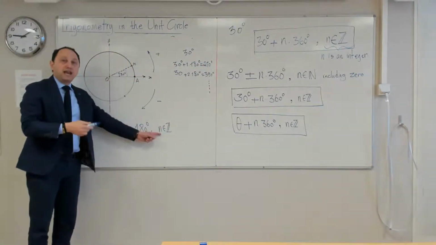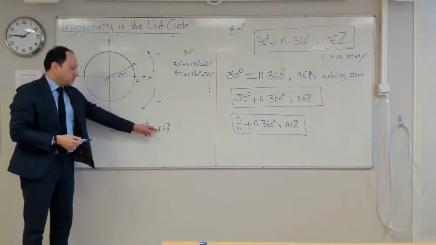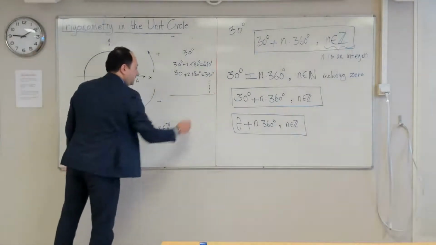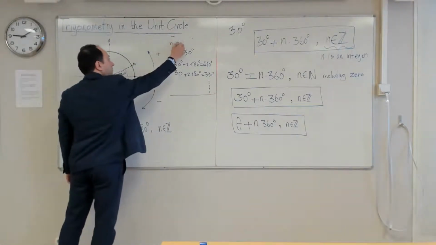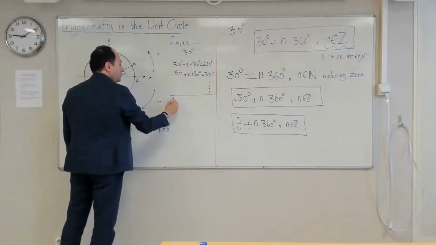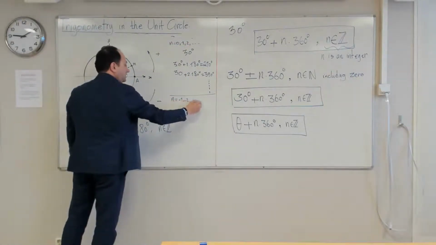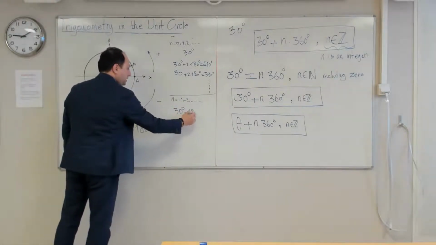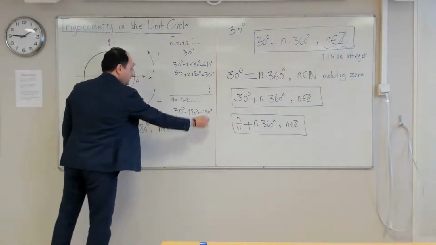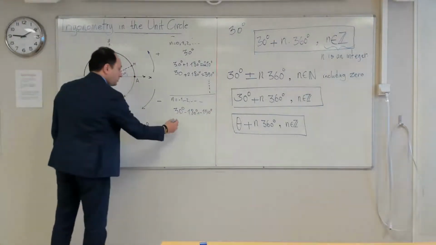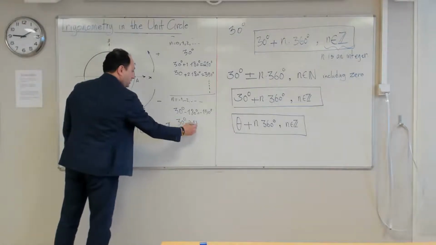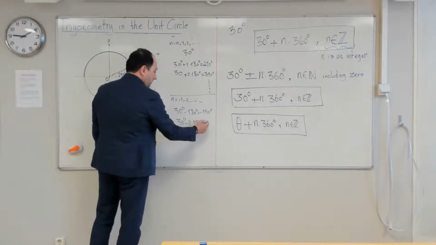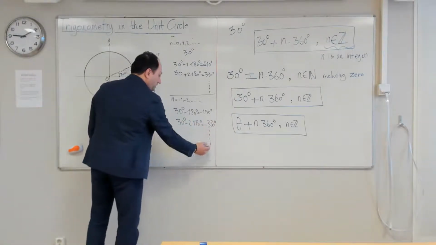but you also need to consider negative values. This is extremely important. So you need to consider -1. Let me write a line. This is positive, n equals 0, 1, 2, etc. Let me now consider, for example, -1, -2, etc. If I put -1, it becomes 30 degrees minus 180 degrees, which is minus 150 degrees. And if I put -2, it becomes 30 minus 2 times 180 degrees, so it becomes minus 330 degrees,